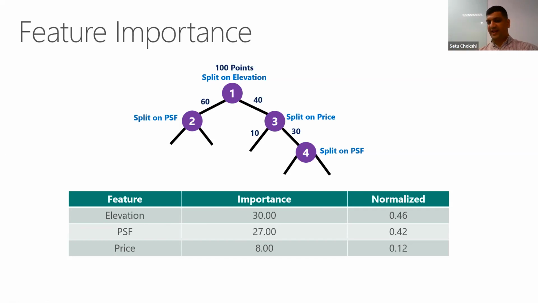And when you have a lot of values, your feature importance will give you a nicely sorted chart. So this is your feature importance, which tells you how important that feature is based on how many data points it was able to split. Make sense? Do you get the idea of feature importance? Or do you want me to repeat feature importance?